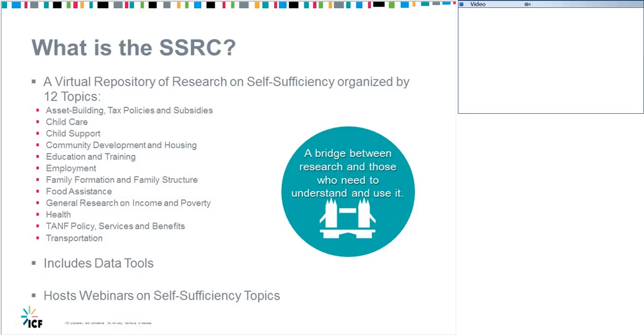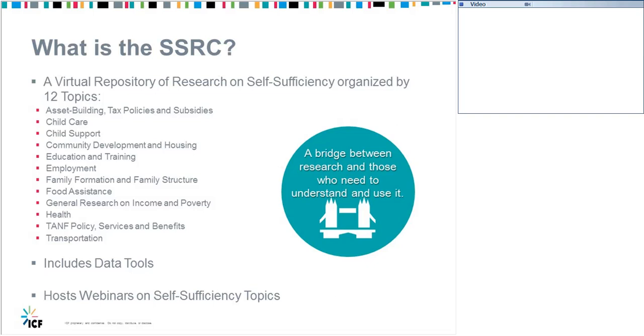We also include a page on data and evaluation. And so if you need resources on understanding evaluation, we have a toolkit that provides definitions on what does a randomized control trial really mean? What is an ethnography? Those kinds of research terms and methodologies we provide on our data and evaluation page.